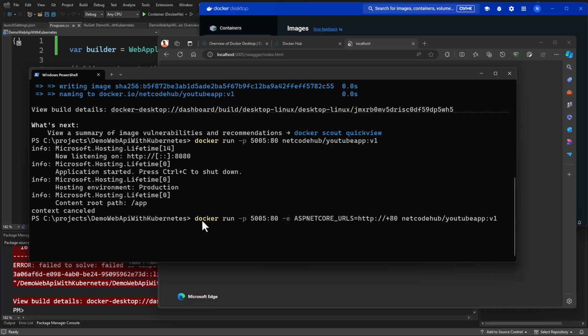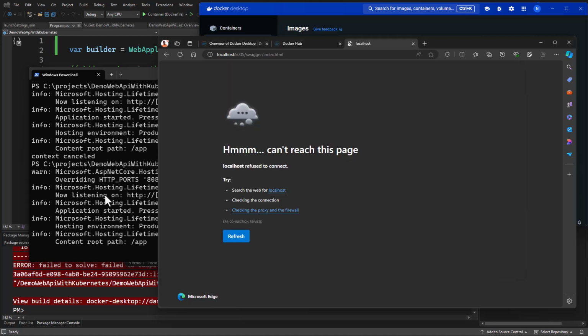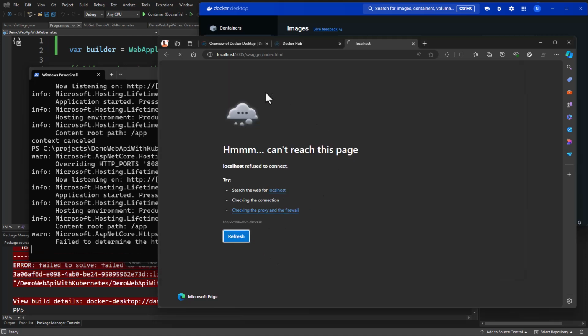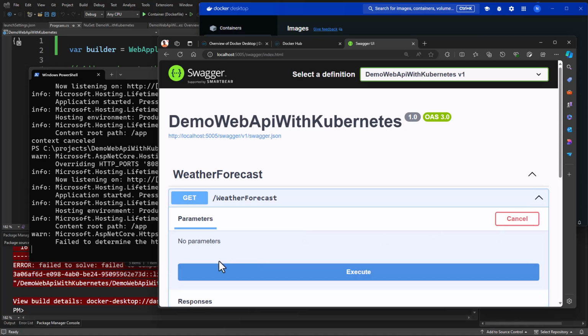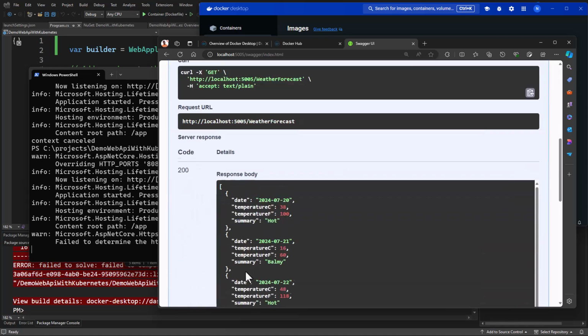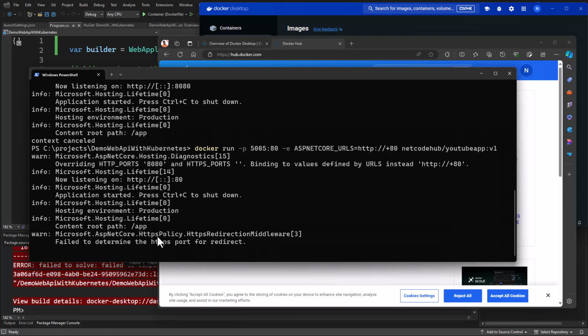So now when you run this, this should be up, and we should be able to access our application on 5005. Now let's go to our browser again. Let's try to refresh this, and I can see now we have it. So you can see this working. Now this is running on 5005. So let's try this, and now we have it. Good. So let's close this, and let's close this as well.